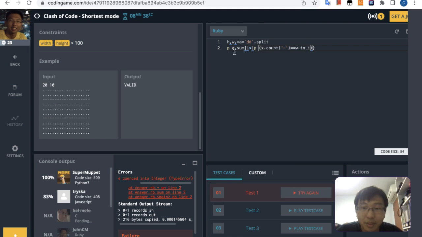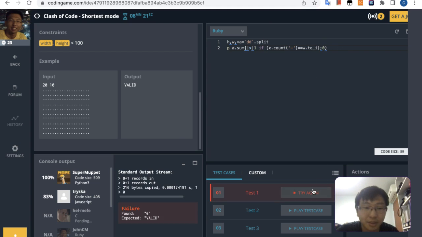Okay, so we have this issue. We can print that this is false. Okay, so maybe, and just put like that. Sum is 1 if like that. Nil cannot be coerced. Okay, I guess we need to put a 0 here. Okay, so